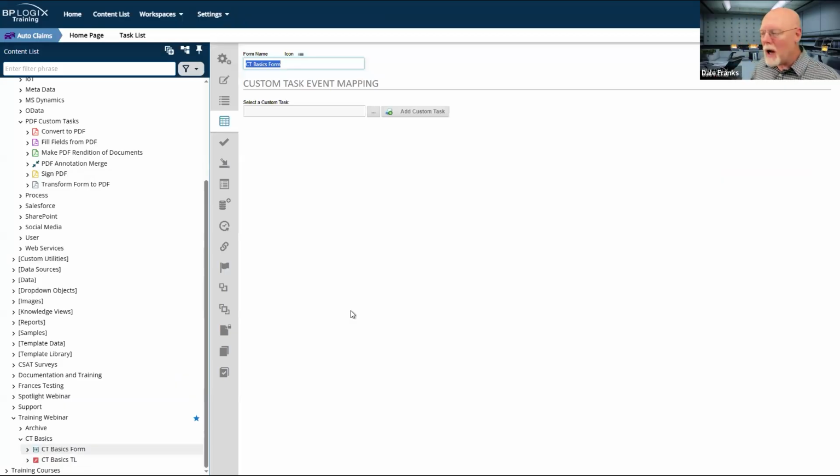So if it is unrelated to the process, I would run it from the form. For example, let's say that I wanted to send out a special notification whenever a certain form field value equals X, or even just to put a button on a form to say, if you want to notify somebody of something, click here.